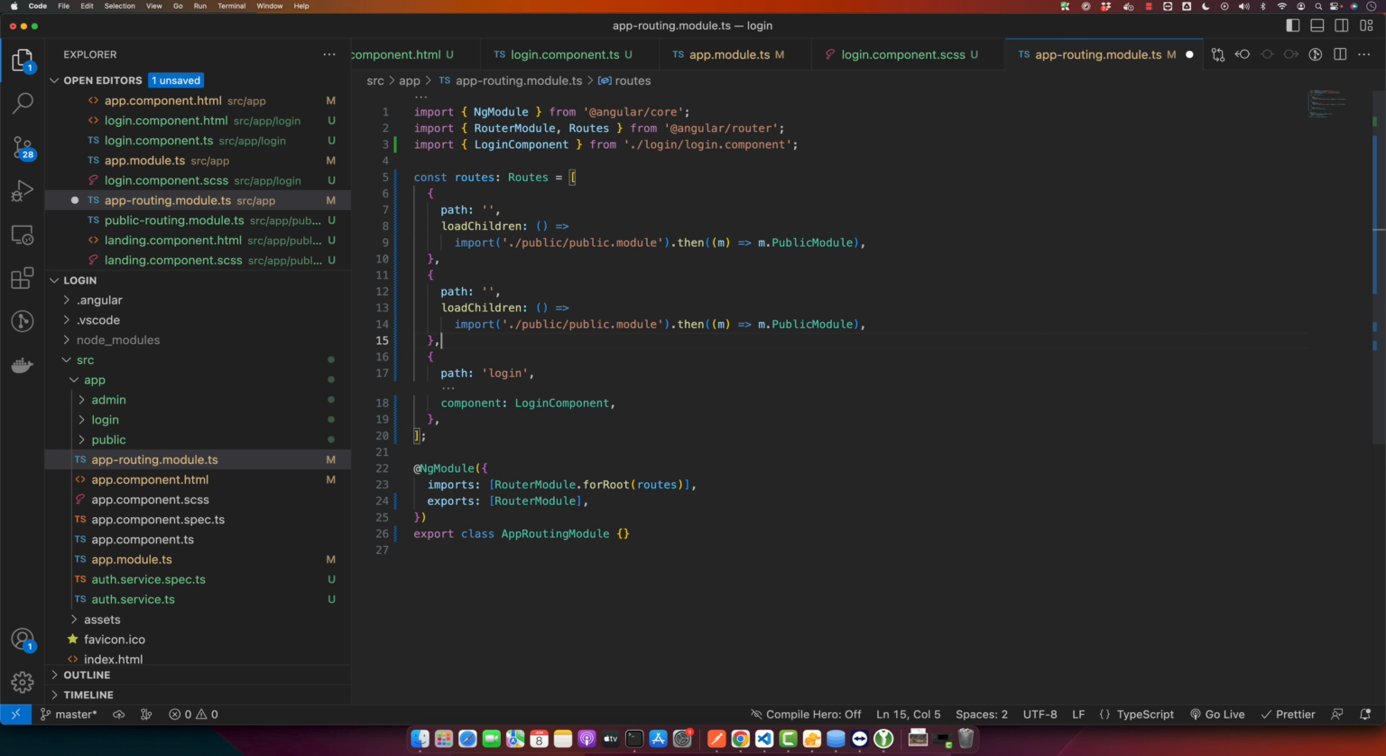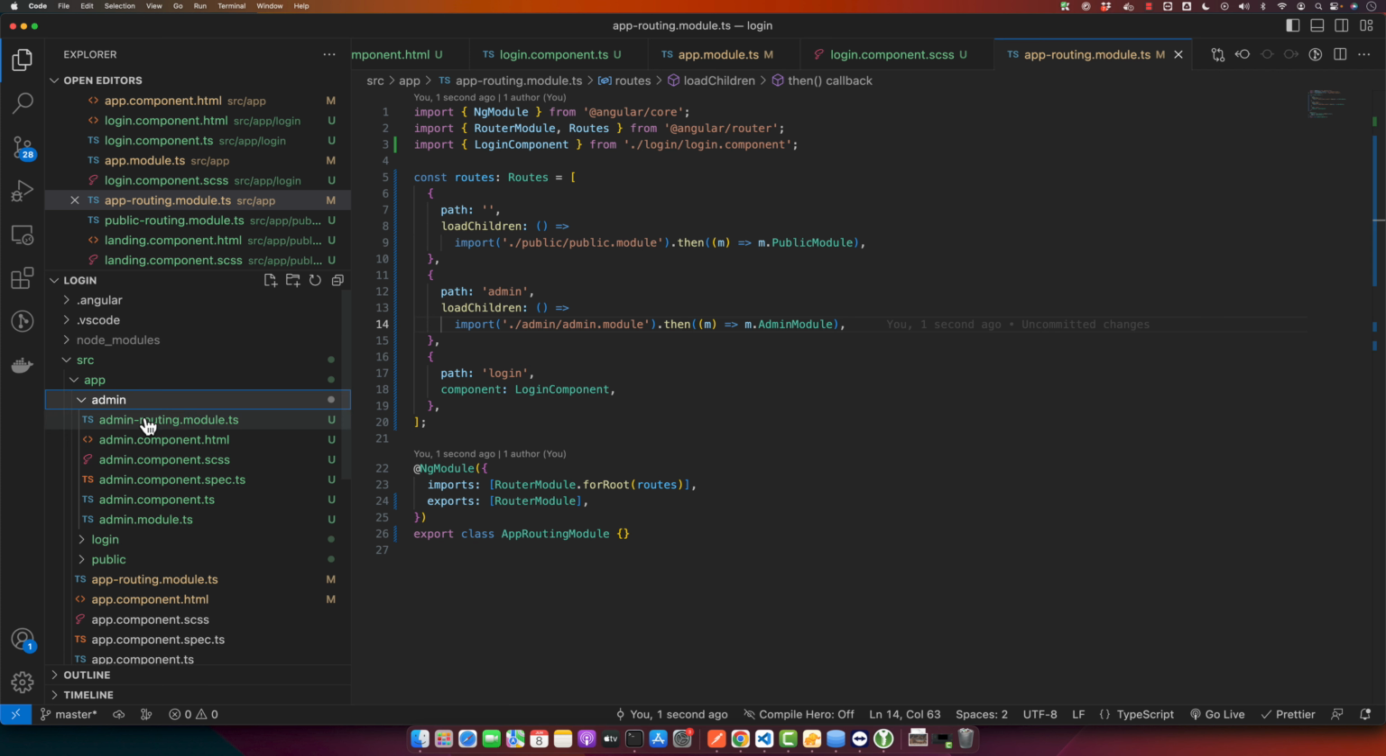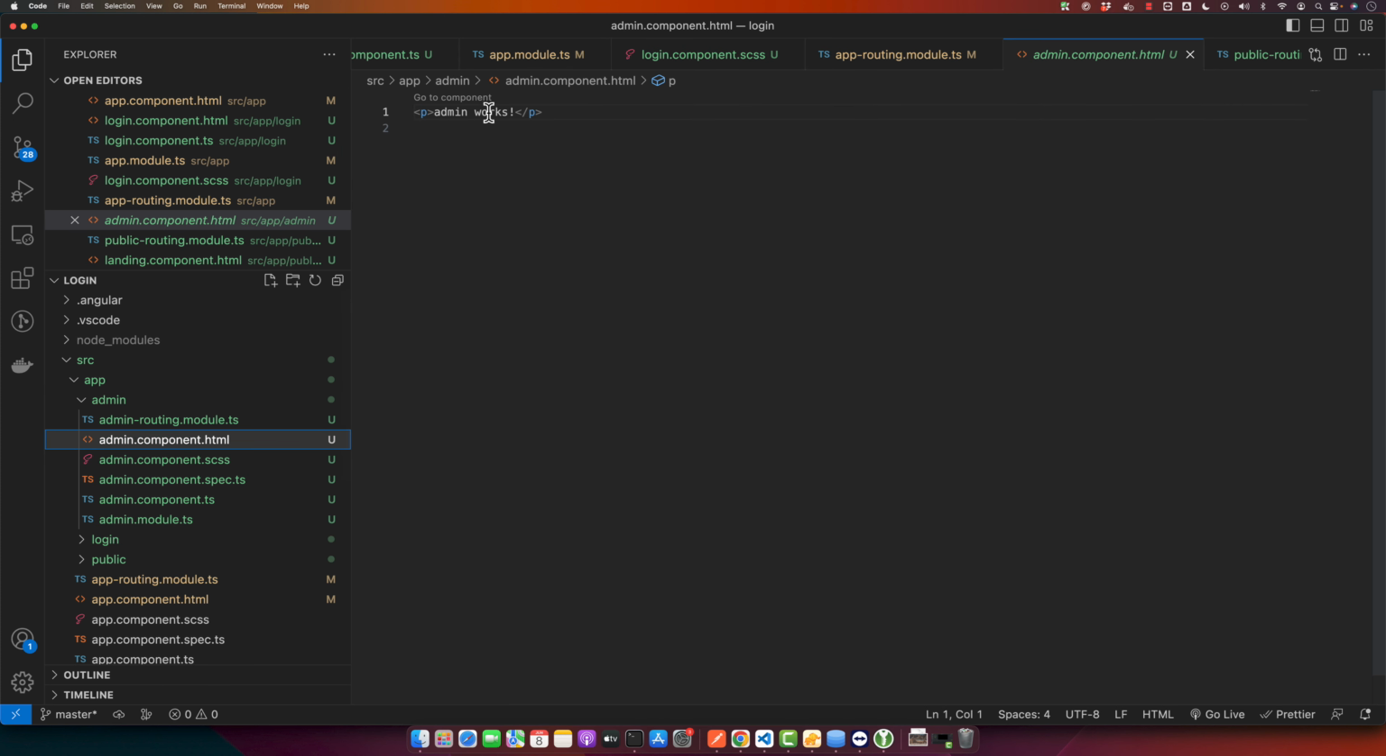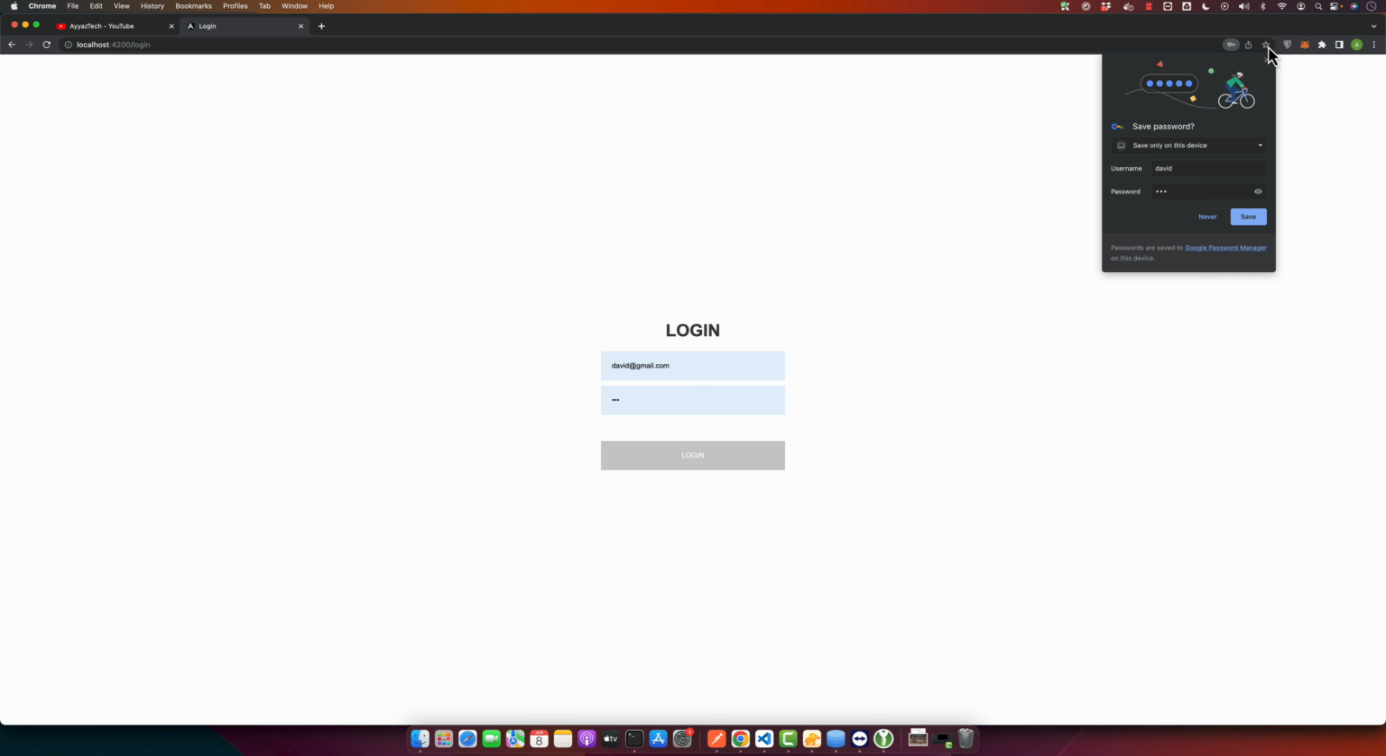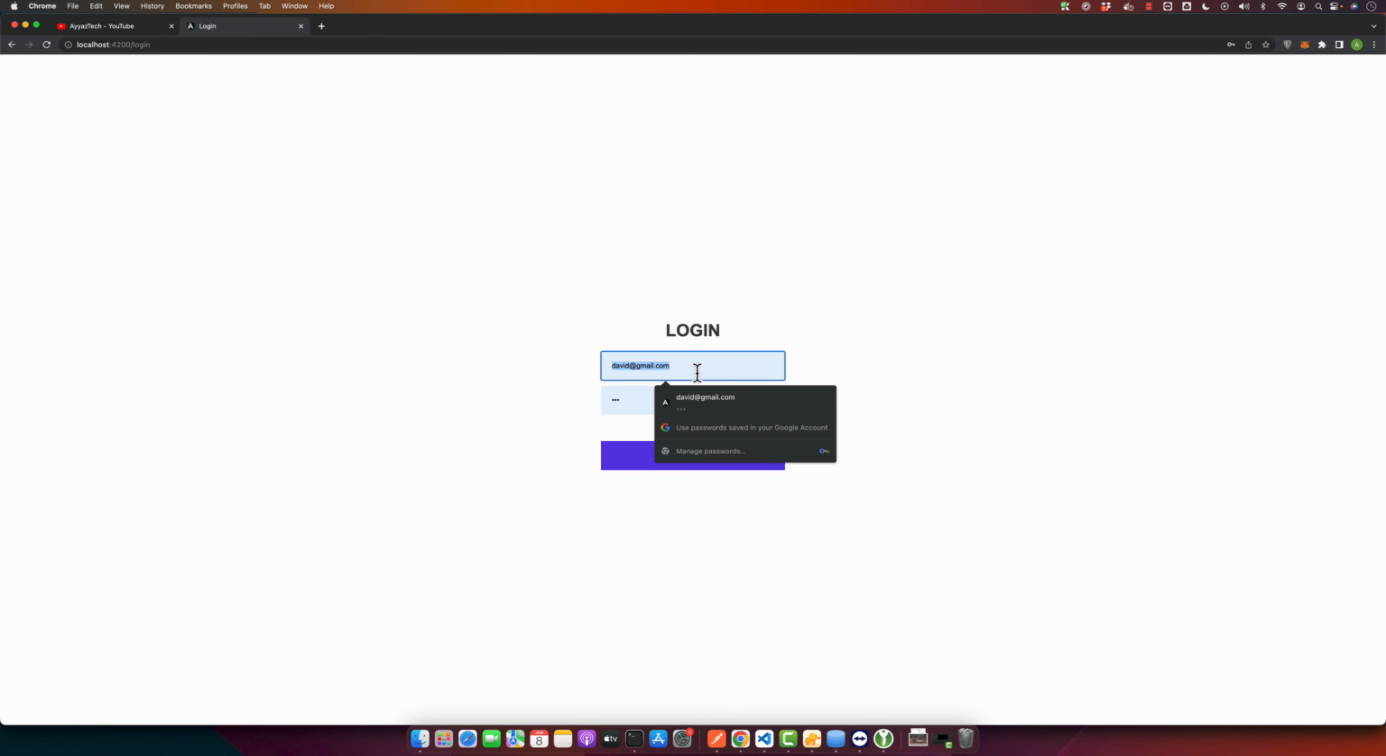and we see the reason is that we did not define the path for the admin yet. So we will define the path for admin, and we will lazily load the admin module. Okay, in the admin module right now you can see admin works message there. So if you provide the correct detail, click on the login button. Now it is on the admin page,